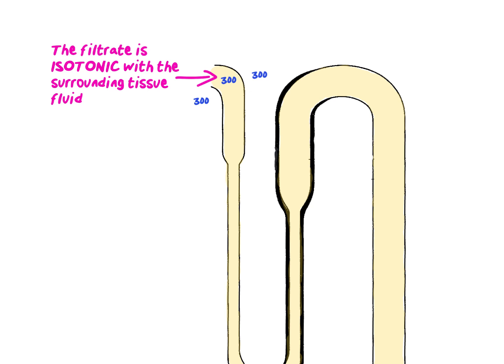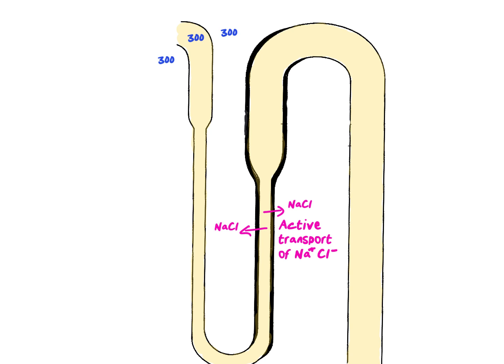Our story starts with the filtrate being isotonic with the surrounding tissue fluid. This means that it has the same osmolarity, so it will be the same concentration as the surrounding tissue fluid. I'm now going to skip on to the ascending limb of the loop of Henle. We'll tie the two up in the middle, but for now we're looking at the ascending limb of the